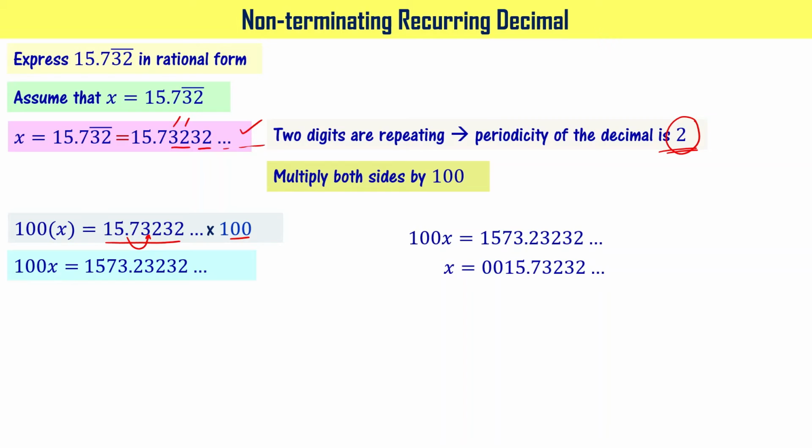Now, as you have seen here, the dot is on the same line, right? When you subtract, 100x minus x is 99x, that is fairly simple. And this 2 and this 2 becomes 0. This 3 goes to 0. When you subtract, 2 goes to 0. This is also going to 0. But here you have 2 and 7. You cannot subtract 7 from 2. That's why you would be borrowing 1 from this side so that it becomes 12, right? Then 12 minus 7 is going to be 5.